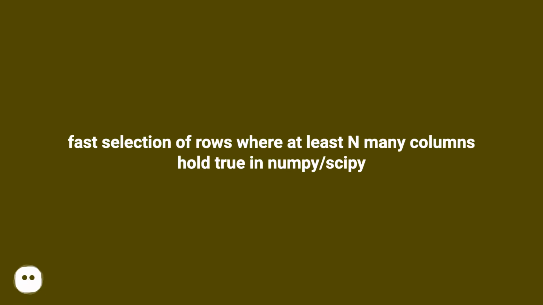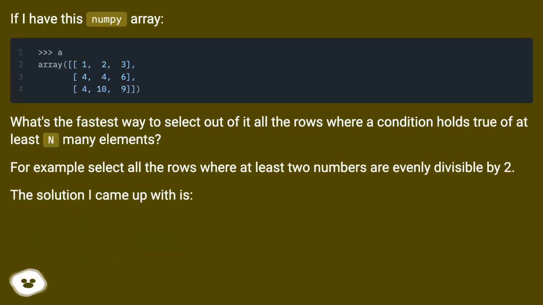Fast selection of rows where at least n many columns hold true in NumPy/SciPy. If I have this NumPy array, what's the fastest way to select out of it all the rows where a condition holds true of at least n many elements? For example, select all the rows where at least 2 numbers are evenly divisible by 2. The solution I came up with is